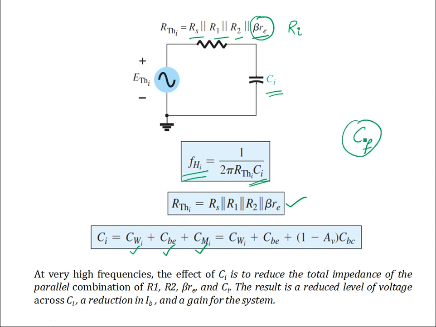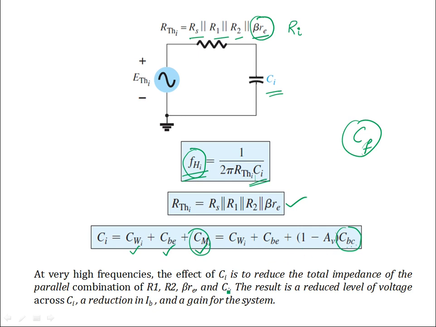What is CF? That was a general expression where CF was indicating the feedback. Here, what is the feedback from collector to base? So you have 1 minus Av into CBC. So the input frequency is decided by these factors RThi and Ci, where Ci has the components: the wiring capacitance, then the base to emitter capacitance, which is coming into picture at high frequencies, then the Miller effect capacitance. You have derived the expression because this feedback is not simply CBC, but you have the 1 minus Av term also coming into picture, which you have analyzed when we discussed the Miller effect.